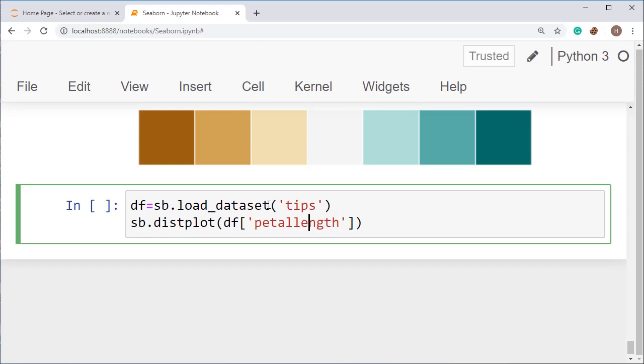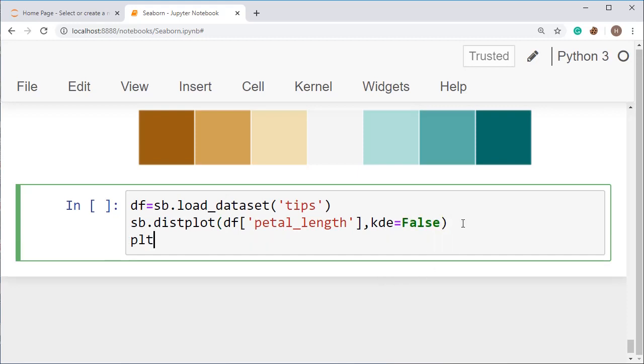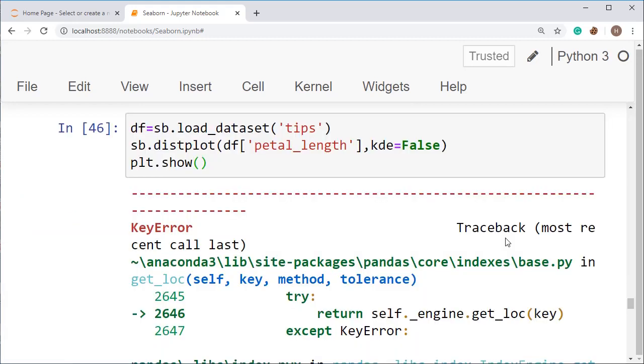This will set up the individual length, and then put kde here. KDE is a boolean value, so I am setting the KDE value to False. Okay, so see here, when we use plt.show, this will create the plot, and this one is displaying an error. And what is the error?